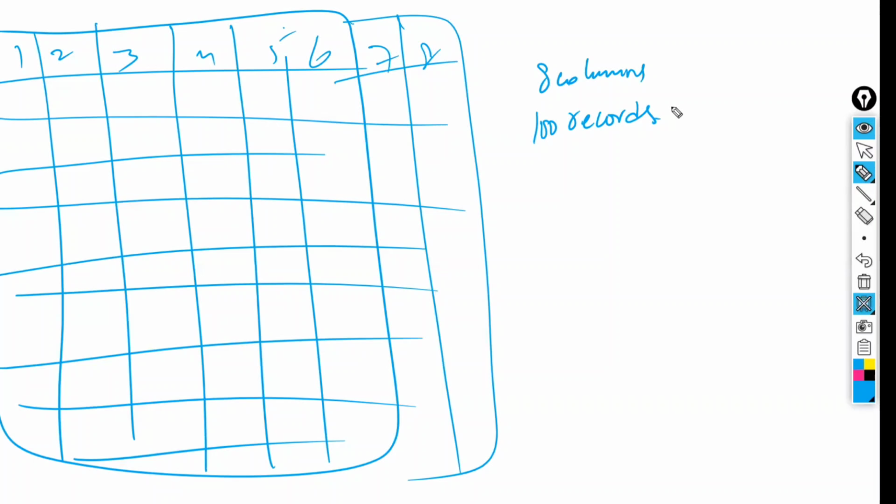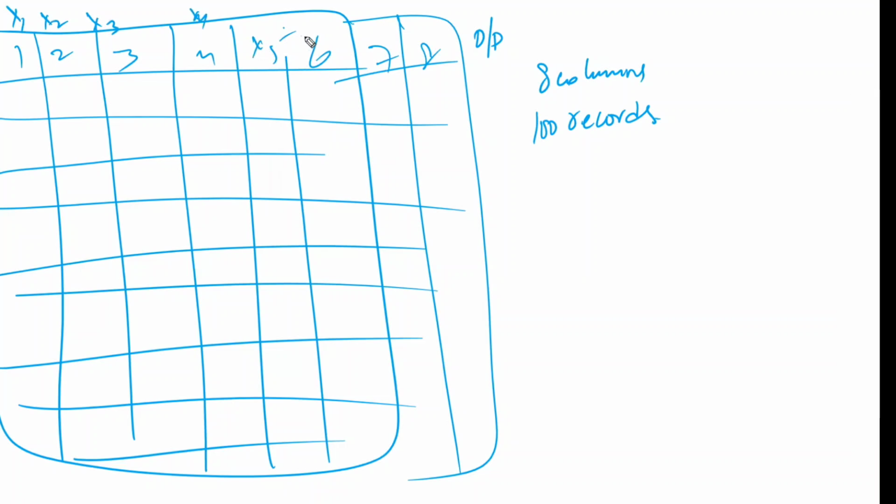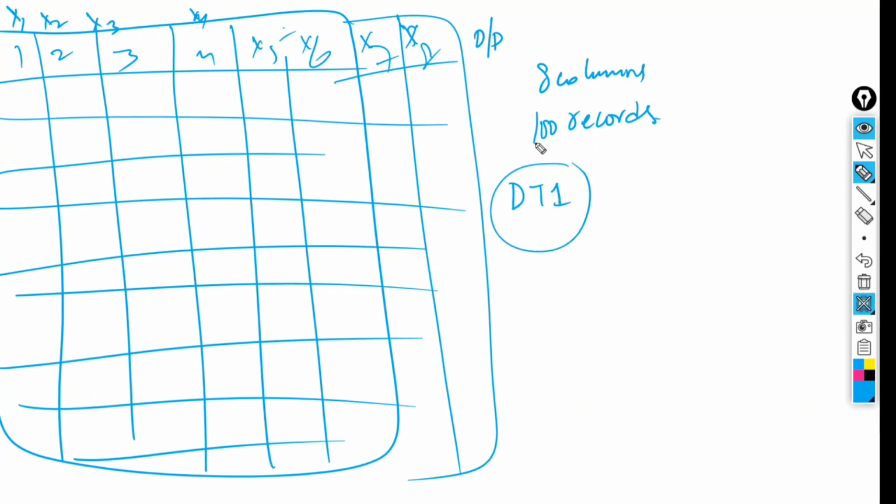Now, we are going to select the output variable. Whatever the output variable is, that output variable will remain as it is. I'm talking about the input variables, out of x1, x2, x3, x4, x5, x6, x7, and x8. Now, out of these 8 columns and 100 records, first we are going to create decision tree number 1. Generally, the decision tree we discussed in yesterday's class is designed based on the entire data. All the 100 records and all the 8 columns will be considered. Assume these 100 records and 8 columns are in the train data only. Entire data is train data only.